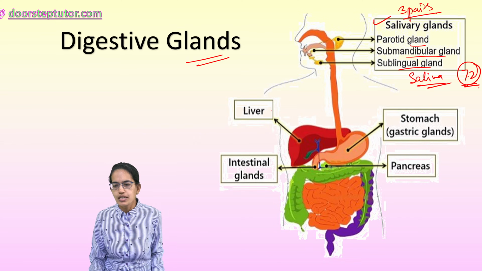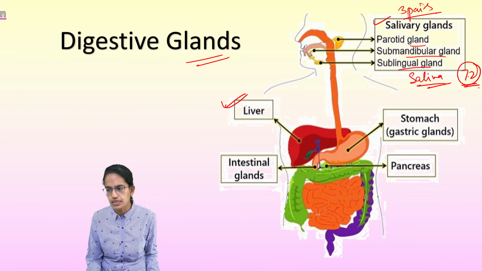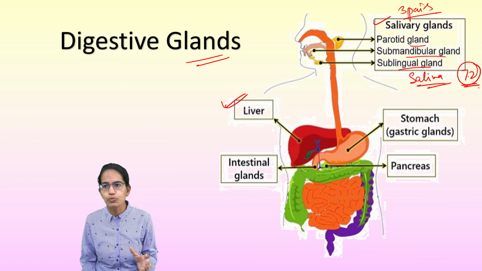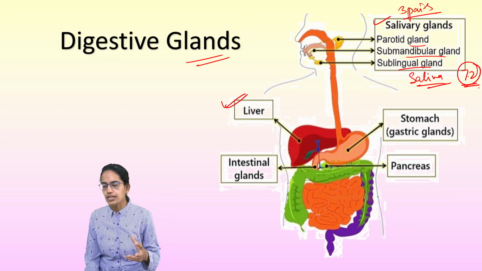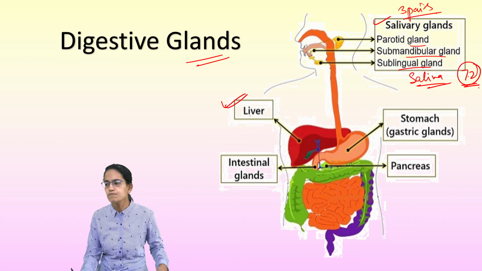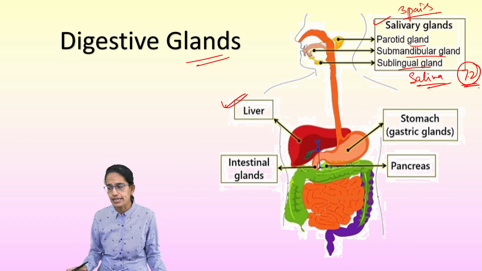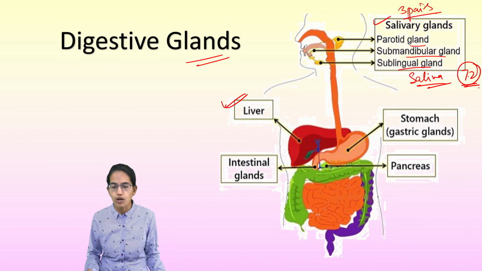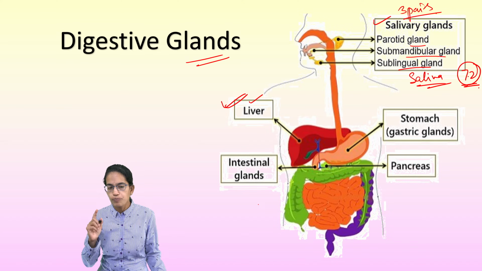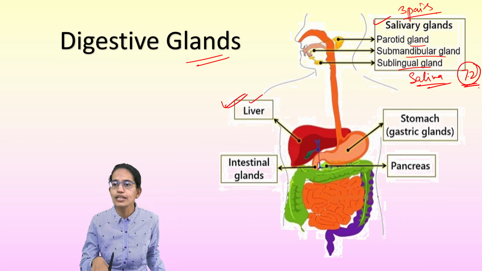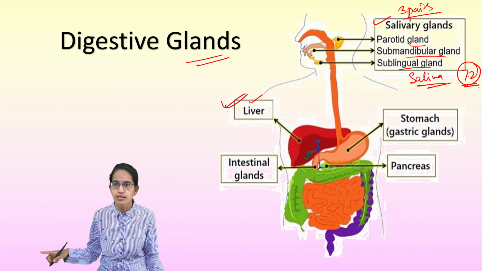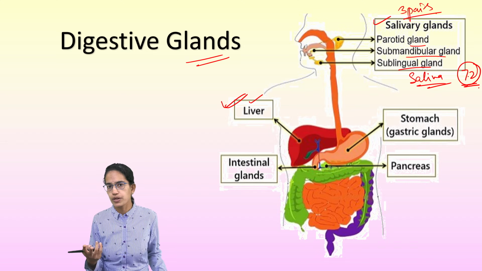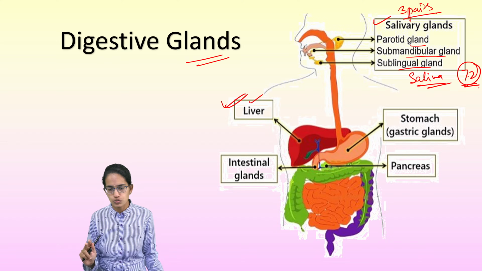The next is liver. Liver is one of the largest glands which is present. Reddish brown in color, has a weight of around 1.5 kgs. It is located on the right side. It is made up of hepatic cells and produces bile juice which is stored in gallbladder. So released by liver, stored in gallbladder is the bile juice, and this bile juice is later released in duodenum. As we know, in duodenum, two important things, bile juice and pancreatic juices, are released.